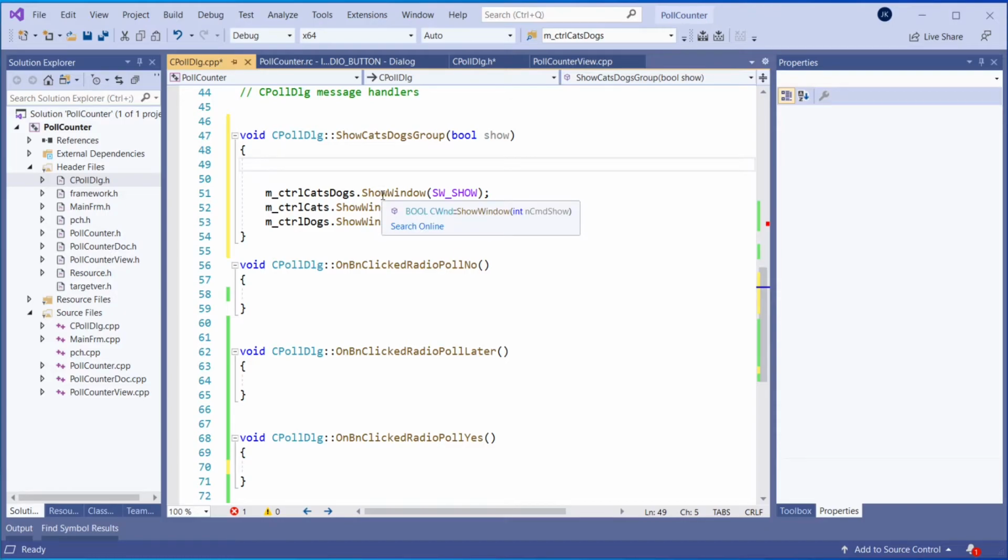Now if we look at the tooltip, it says int nCmdShow. So I'm gonna use the same name here. I'm just gonna say command show,